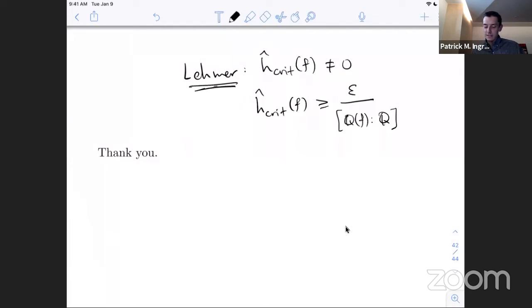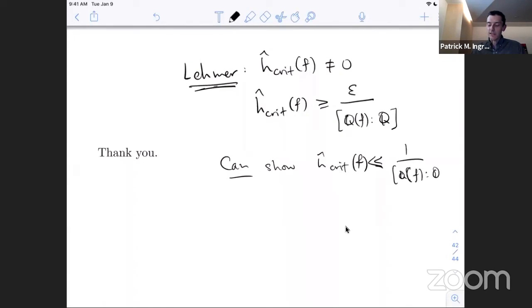Holly says yes, that's what she means. So might this be true? I think yes. In fact, it's maybe not obvious. You can show that the critical height can be made this small. This is maybe not the right notation for what I'm trying to say. You can show this infinitely often. It's not always true, of course, but you can show this, where epsilon should depend on D and also on N.